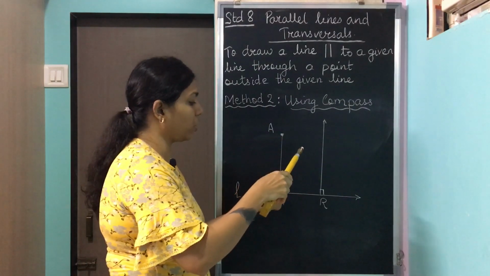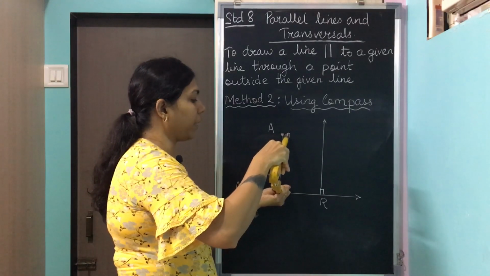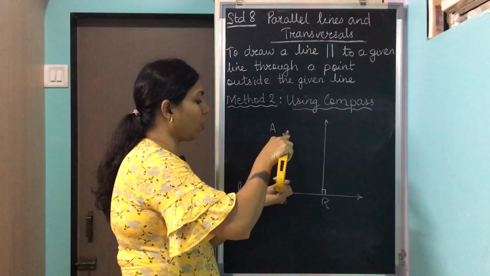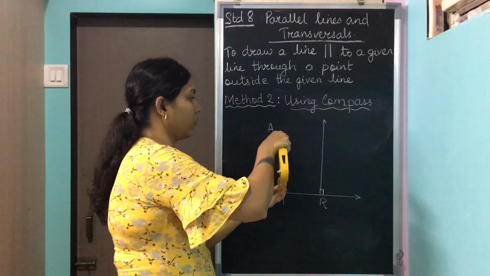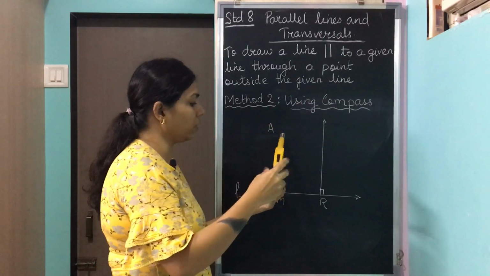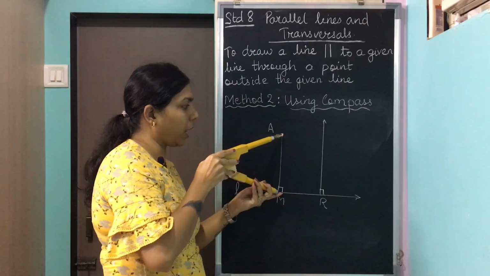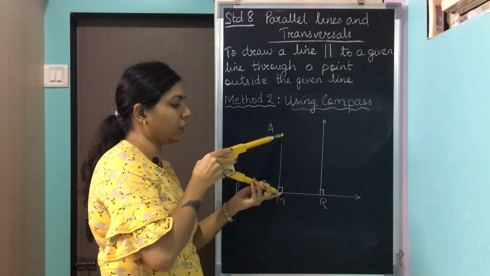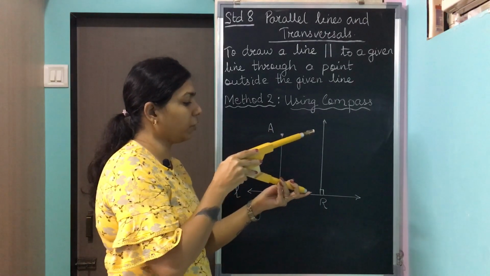So we have to actually measure the distance. Alright. So the pointed part on point M and your pencil on point A. Okay, so you see this? The pointed part on point M and your pencil mark on point A. So once you get this measurement, you don't change the position of your compass, just shift your compass.